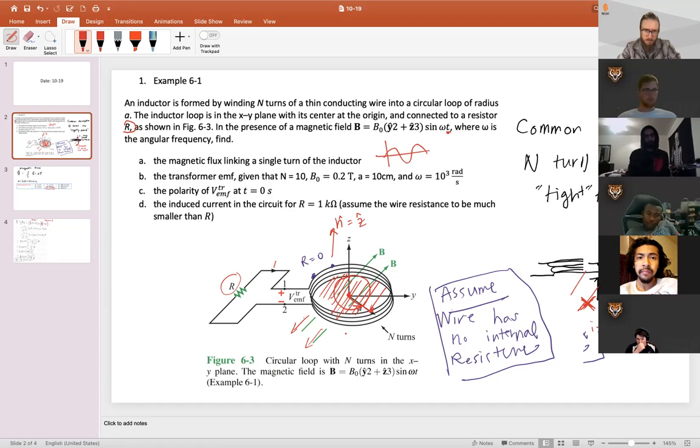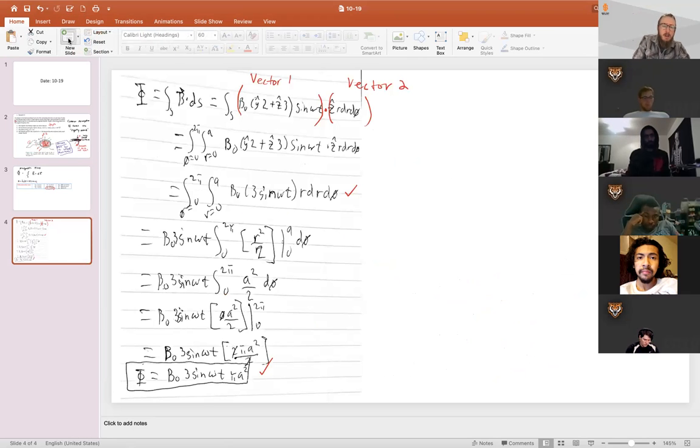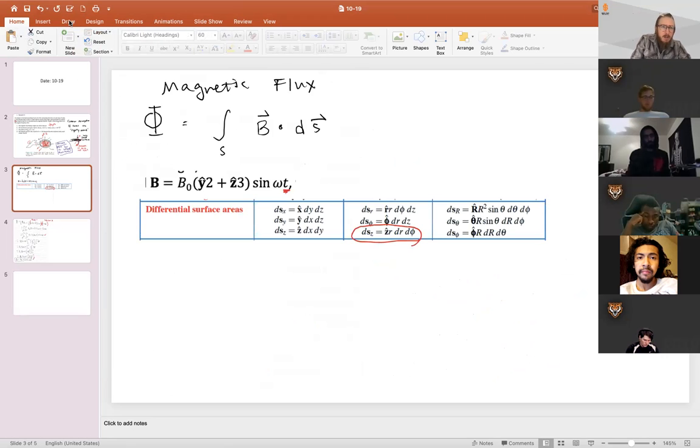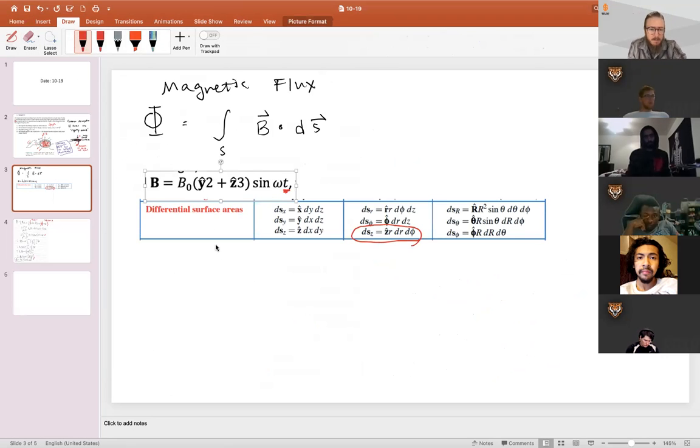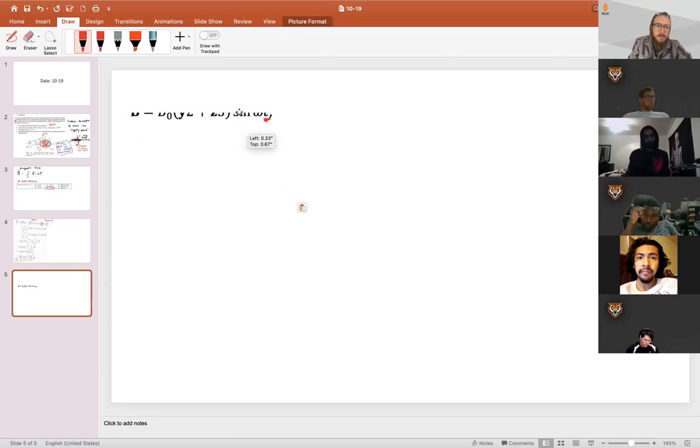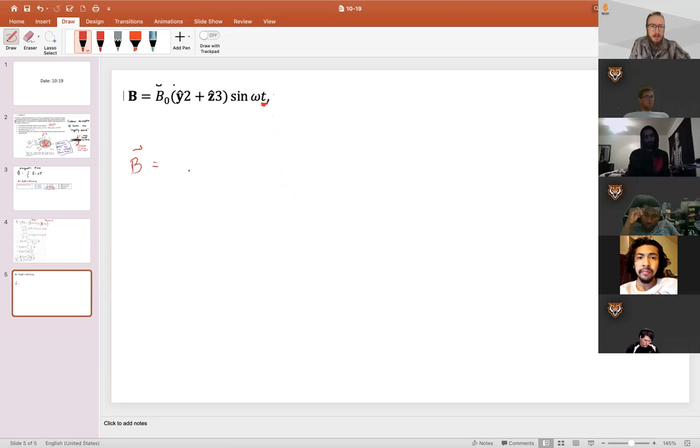So we can't say the B field is going in the Z direction. Not all the time, right? So, well, okay, let me back up. It is always in the Z direction, but it might be positive Z or negative Z. So let me, all right, so our B field, it's like this. So we can rewrite this as